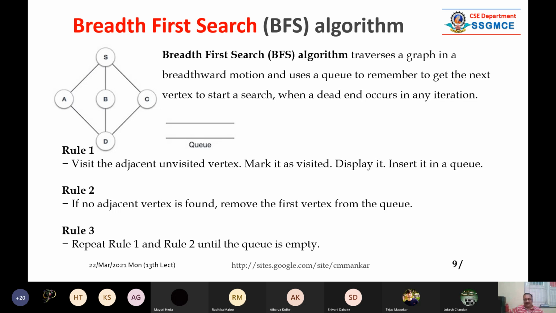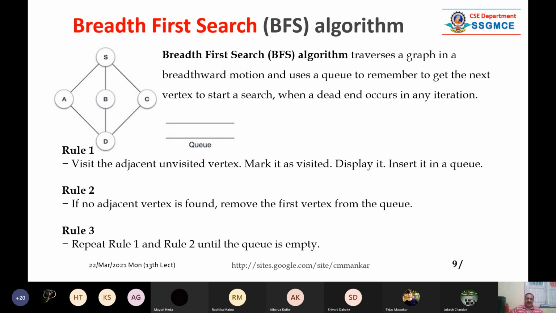So there is something called the queue. In queue, what we are doing, जिसको भी हम नोड को विजिट करेंगे उसको क्यू में डाल देंगे और जिसका काम हो गया उसको क्यू में से निकाल लेंगे. जस्ट लाइक फीफो, FIFO, फर्स्ट इन फर्स्ट आउट. आपको पता है, आप रेलवे स्टेशन पे जाते हैं, आपको पता है क्यू में क्या होता है. जो पहले घुसता है वो सबसे पहले बाहर निकलता है, राइट.